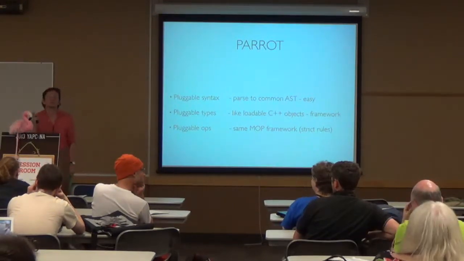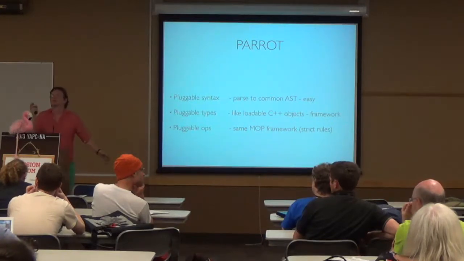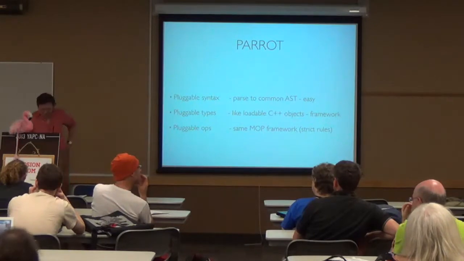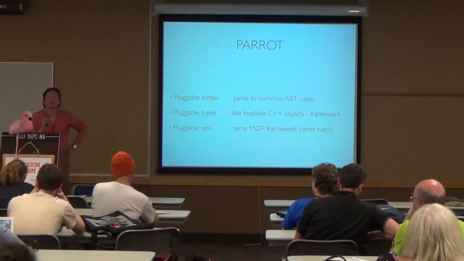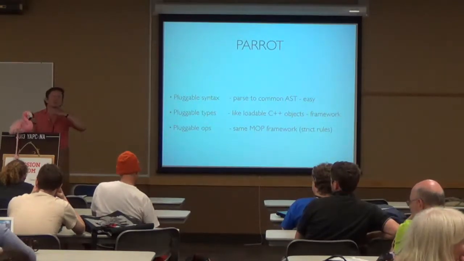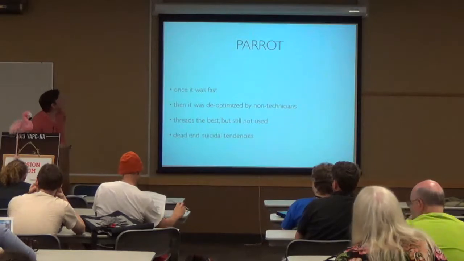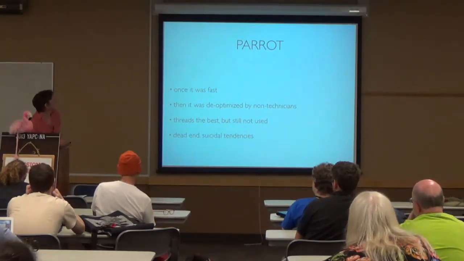I mean, like really usable function ops, like method named or class or so on. Anyway, or find lexical, or find name, or all this lookup stuff which should be done on the C level. So, PARROT was once fast. Did I already say it? Yeah. Then had some benchmarks.